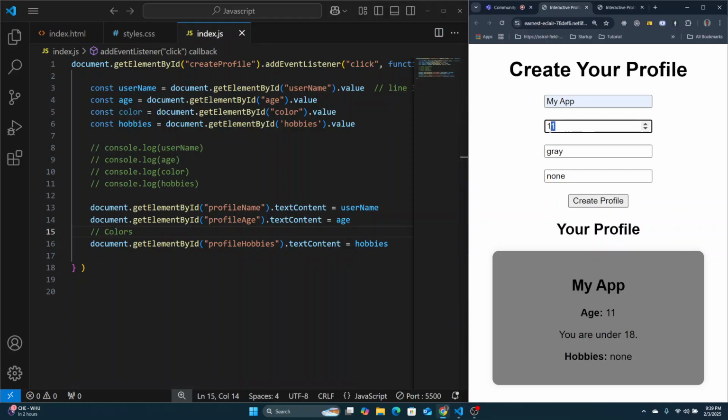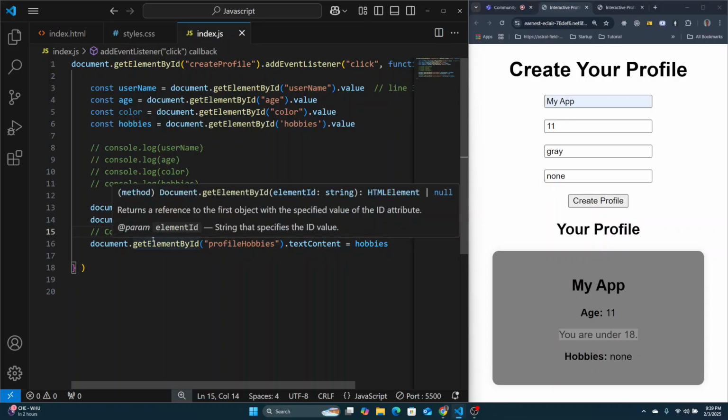So if age is above 18, then we need to display you are an adult. If age is below 18, display you are under 18. So to go about that,